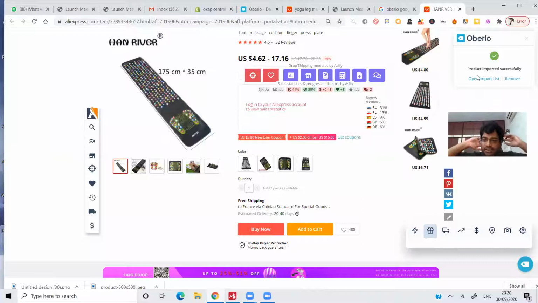Understand this, 500% concentration here. You're going to get this particular option only if you have an Oberlo account with your Gmail ID. You need to sign up for an account. It'll ask you to sign up for an account, sign up for the account. It'll ask you to connect to the store, connect to the store. Only then you're going to get this particular thing.